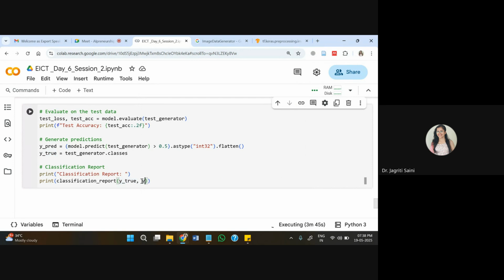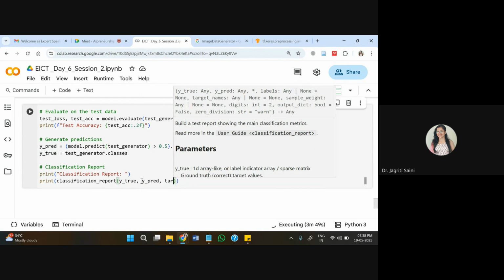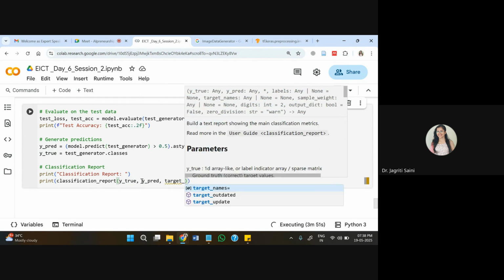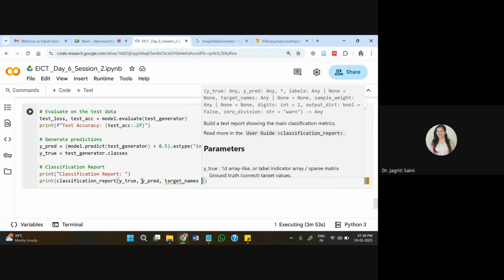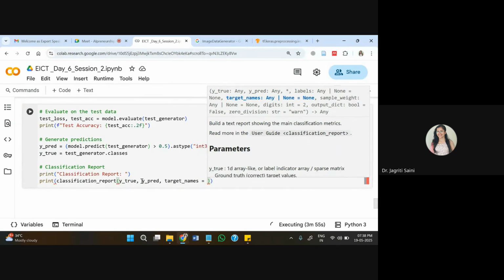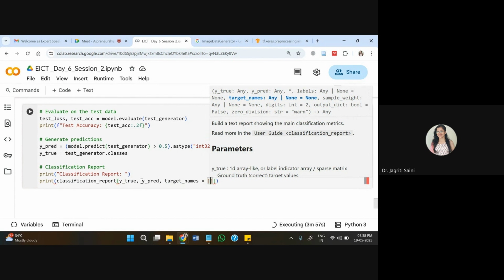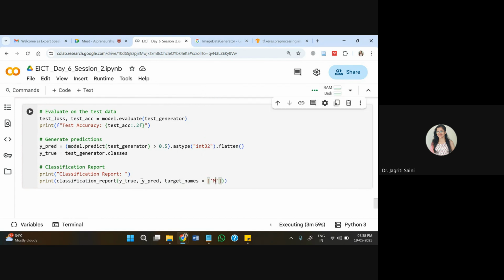And the second value is y predict. This is what is predicted by the model itself. And then the target names that will be printed on the classification report, that will be two forms. First is normal, and second is based on the disease that we are trying to detect. So pneumonia we are passing here.